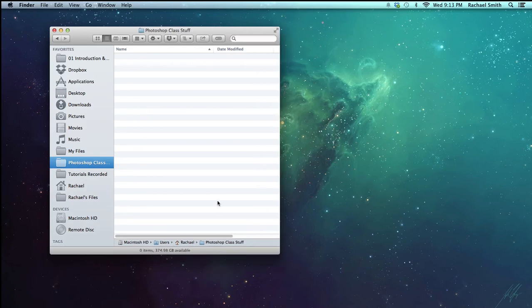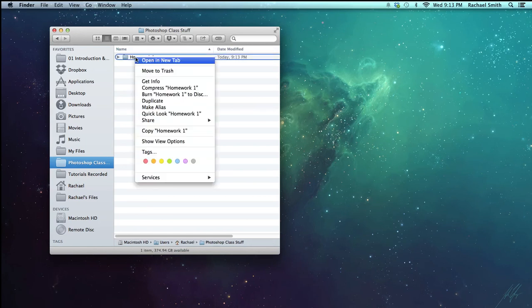The one thing we didn't cover was actually making copies of things within the same area. So let's say I had worked on, let's call this one homework 1, and I've reached a point that I don't want to mess up this original. I put a lot of work into this, but I still need to do some more work on it. I might want to make a copy of that file and continue working on the new copy. So essentially I have a backup one. To do that,